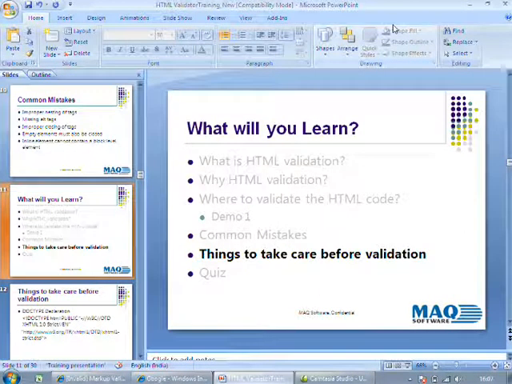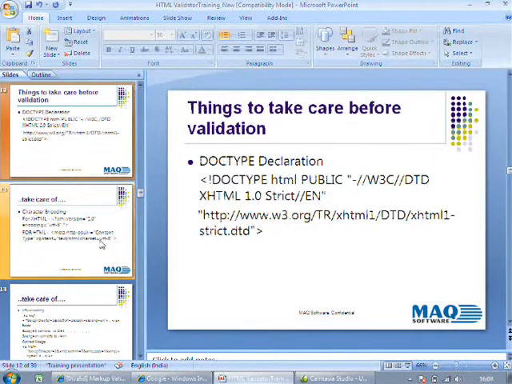Now we will see what you should keep in mind when you are validating any page. First thing is declare doc type. Basically, doc type, as I told, will have some set of standards and specifications against which the page is validated.